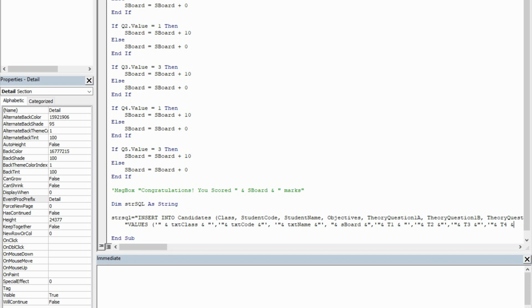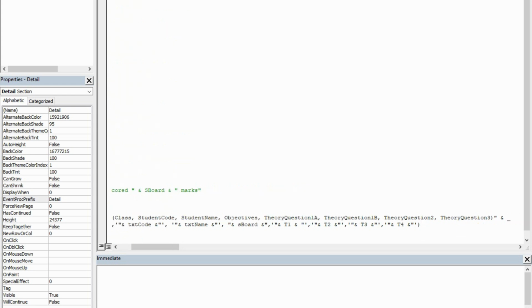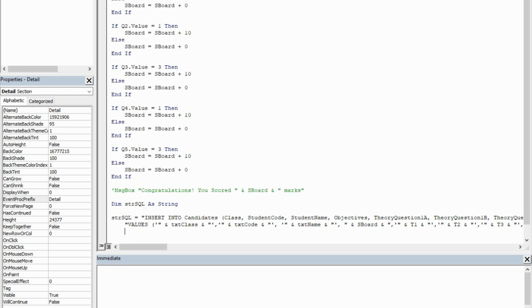T4. All right. So now we have to close the bracket, period, then double quote. Good. The next item is going to be